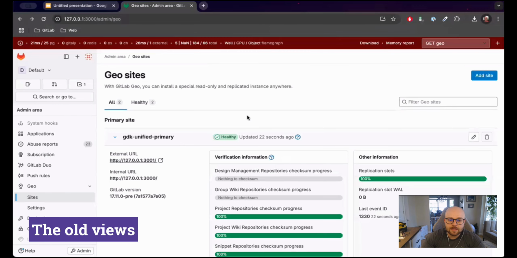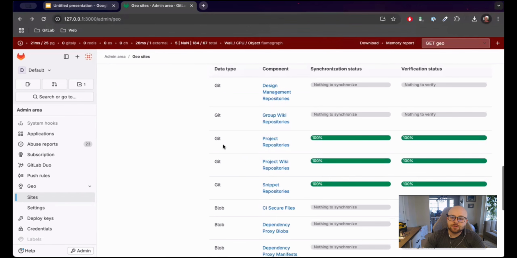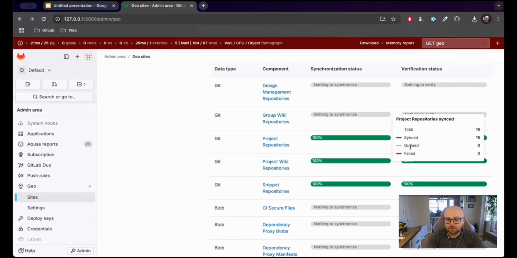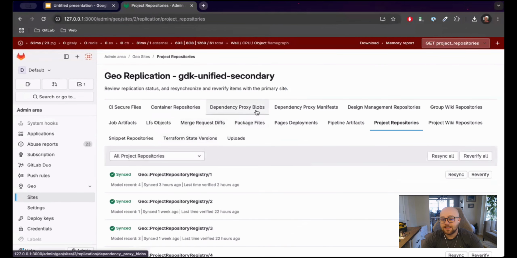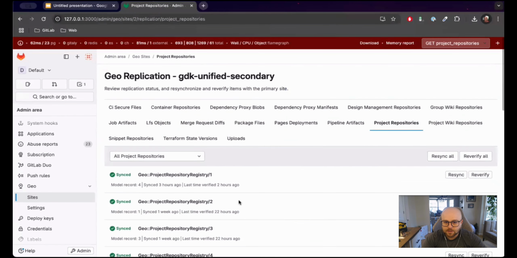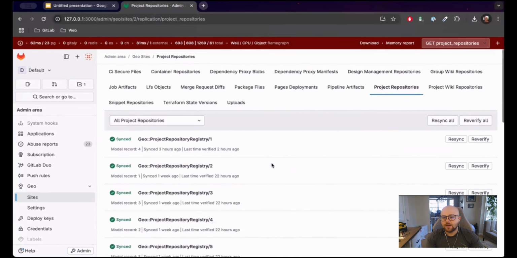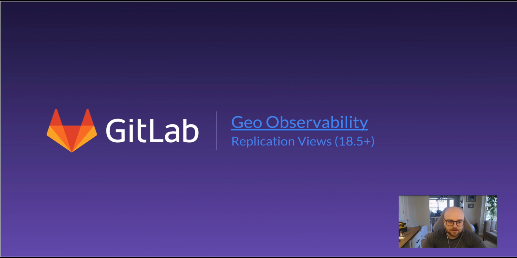So I'm going to jump in, and this is the admin sites dashboard for Geo. This is the landing page for Geo. And what a customer will do is they'll scroll down to the bottom to get to these replication views by clicking one of these blue links. Like here, I'm showing the project repositories. This is the old view, and you can see that the tabs are very cumbersome, kind of hard to navigate, as well as there's a lot of missing Geo information inside of this list view. There's no information about errors, there's nothing about verification state, and there's no way to click through and drill into these records. So now I'm going to jump into the new views, and again, these are coming in 18.5,